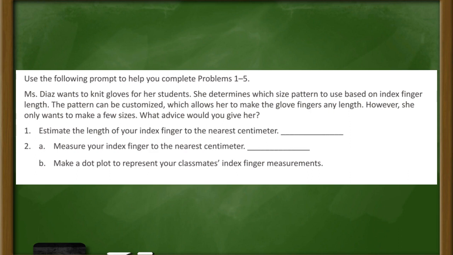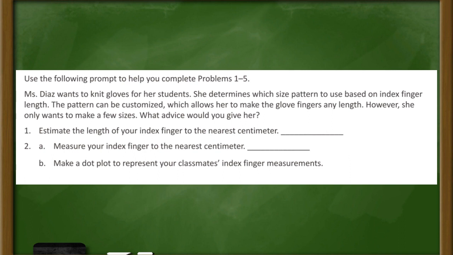Now that you've had a chance to share as a class, I'm sure you've had different suggestions about how we can measure our own index fingers and those index fingers of the students in our class, and that's exactly what we're going to do today. Because we all are different people, we'll all have different lengths of index fingers, and that will provide us with the data for Ms. Diaz to create. Because we have different information from one person to another person or from one object to another object, we say that that data may vary. Vary means that the data is spread out and it's not all just one thing. It's important for us to do this when we're creating a dot plot so that we can look at the different values on the number line and we're able to collect information, in this case, of what size index finger lengths Miss Diaz should use to create her